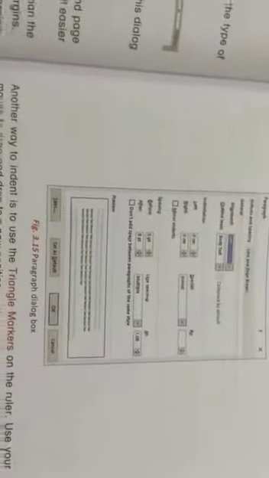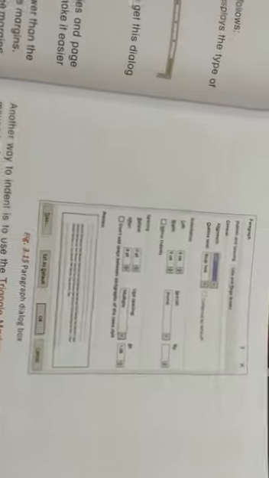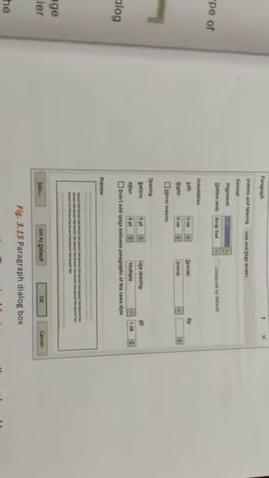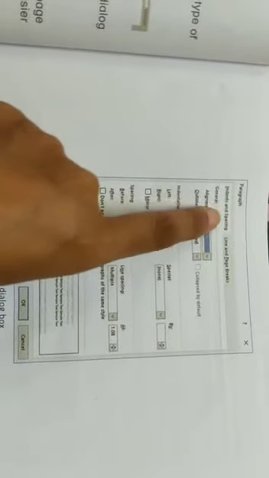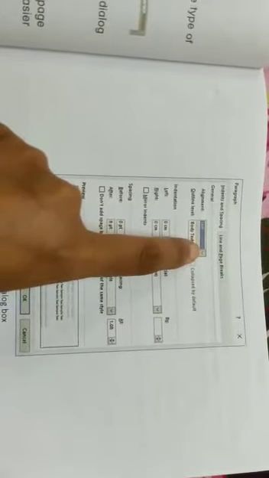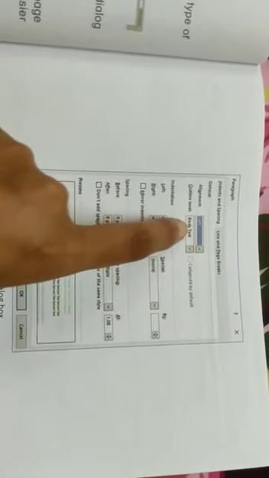You can see here on page number 33, figure 3.15. When we open the paragraph dialog, you can see indents and spacing. Then general alignment is given, and it will show you left, right or hanging. Then outline is also given.